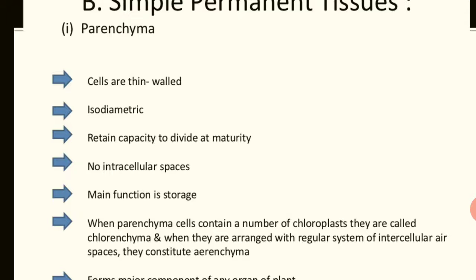When parenchyma cells contain a number of chloroplasts inside their tissue, they become photosynthetic in nature, and they are called the chlorenchyma. And when they are arranged with a regular system of intercellular air spaces, in case of a plant found inside the water, so it needs to develop buoyancy. So these tissues are known as the aerenchyma, means when air is filled in the cavity of parenchyma, it is known as aerenchyma, and when chlorophyll is filled for the process of photosynthesis in the parenchymatous tissue, it is known as the chlorenchyma,